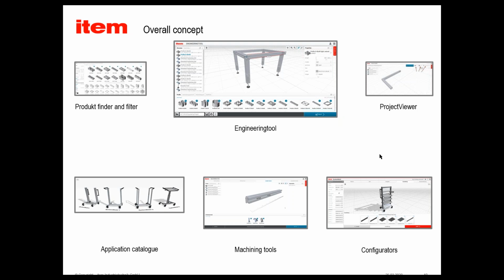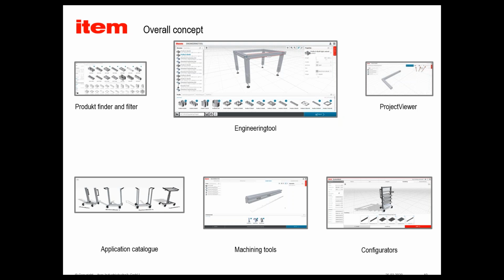And last but not least, the project viewer. Every one of you who is a designer knows this problem. You're designing something, then you're extracting a PDF documentation or a step file, and you send it by email to 2, 3, 4, 5 recipients, to a couple of people who will check your design. And in the meanwhile, you're working on your design. And then they are giving feedback to you. But everyone is commenting a different version, and someone has an older version which he is commenting, and so on. And it's not really nice.